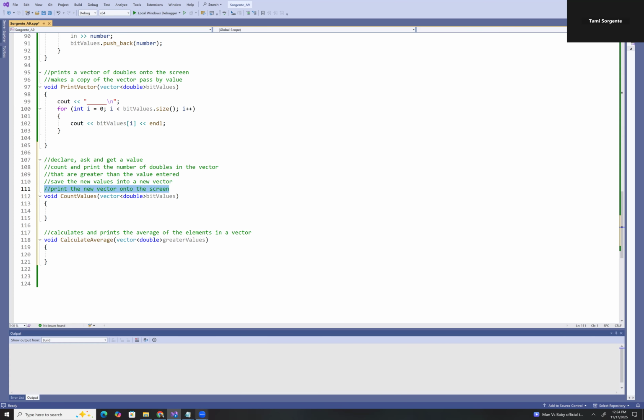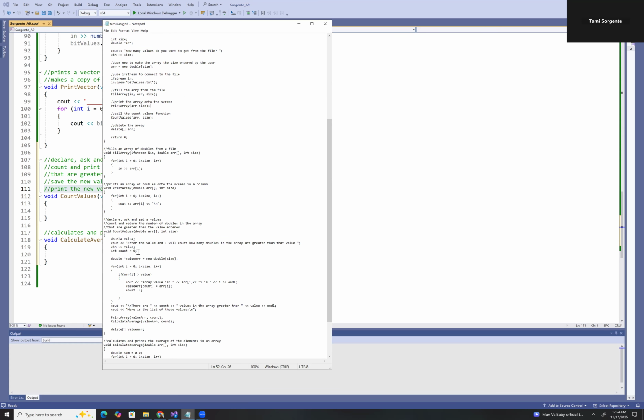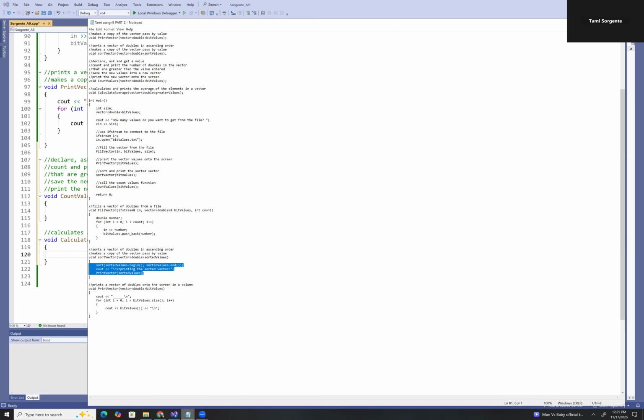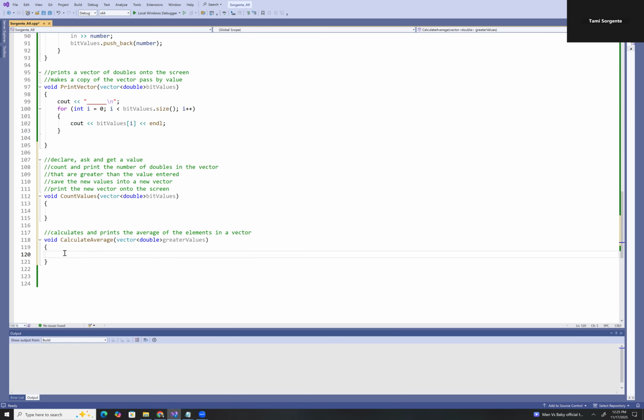Just like you did in assignment 6, you had your count values function, you got a value, you created a new dynamic array with those values. So the same way we did that, now we're going to create a new dynamic vector with those values, and then we're going to calculate the average of those values. So the first thing I'm going to do is get the calculate average. Calculate average is very similar to our other assignment. The only thing that's different here is